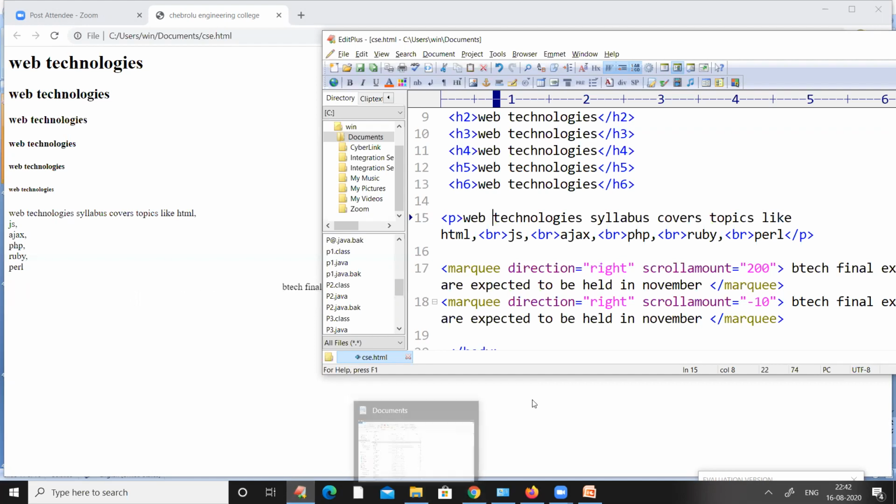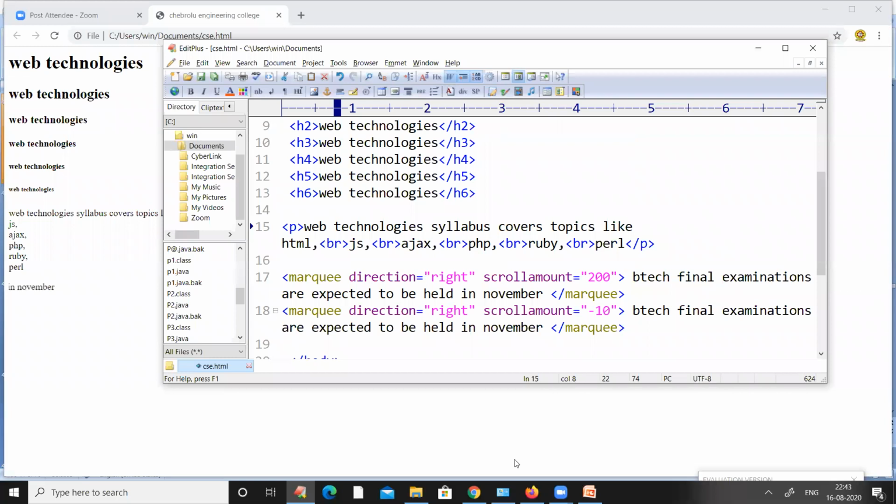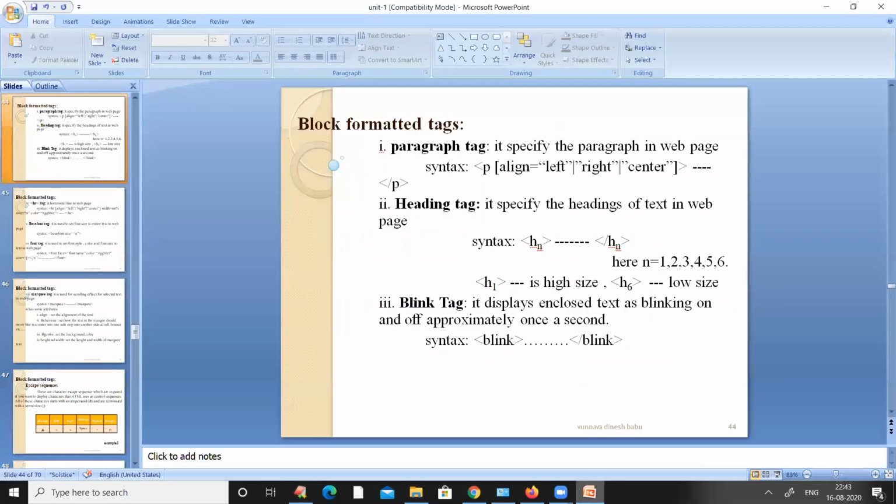So this is how we can use this particular marquee tag. If we want to move some text from left to right or right to left, we can use this marquee tag. And along with this marquee tag, let us check a few more tags. But with this, I'm going to end this session for today.